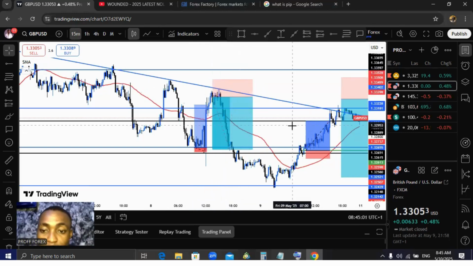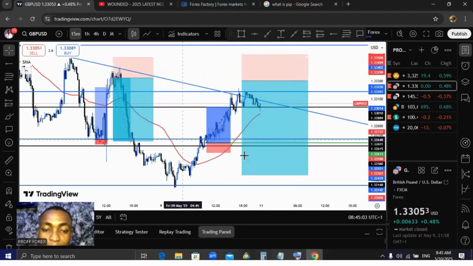So there was here. Then in this zone, I remember vividly I said a sell. Maybe I saw this bullish print out. I just know